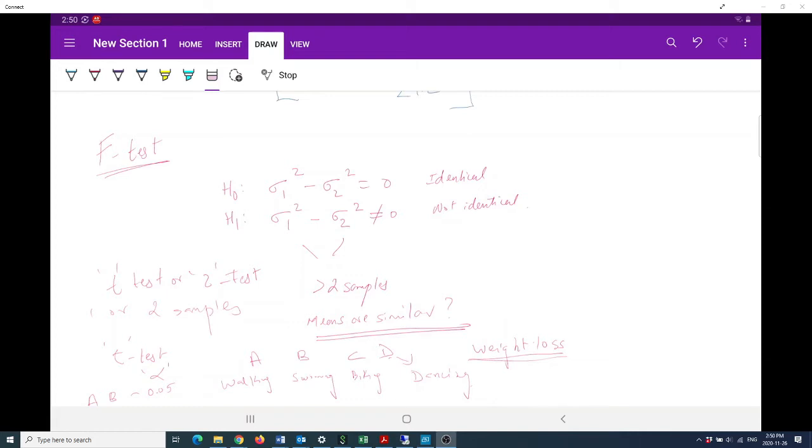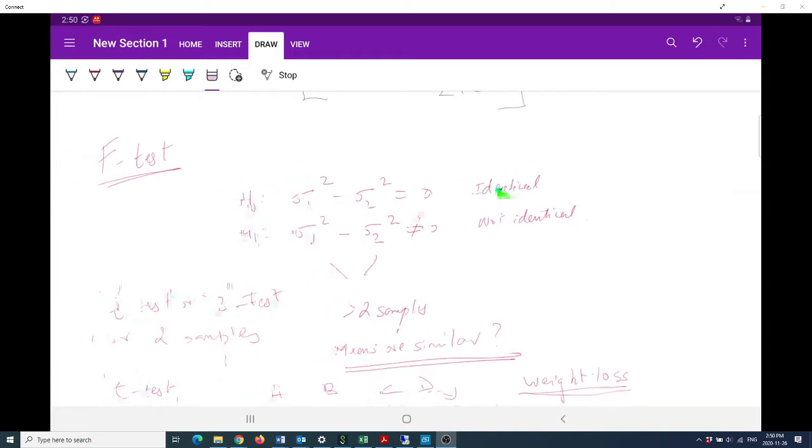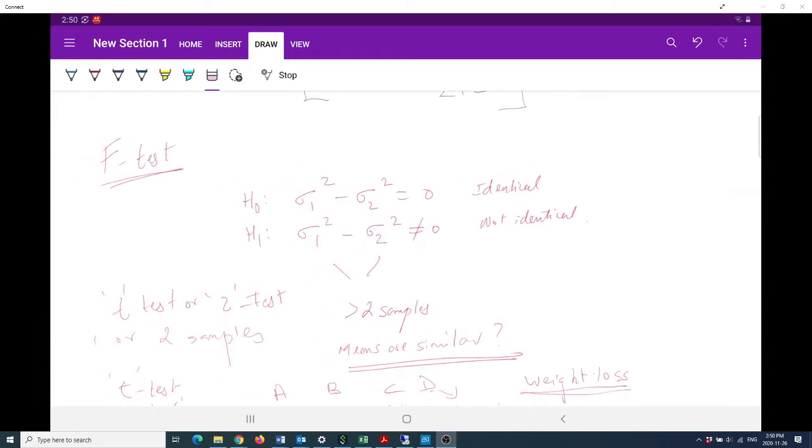Hey guys, in the previous video, we talked about the F-test and how we use it to compare population variances. Remember, the assumption for a two-sample t-test is that the population standard deviations are similar. So how do you test if the population variances are similar between two samples? Well, you could use the F-test to compare that, where the null hypothesis would be